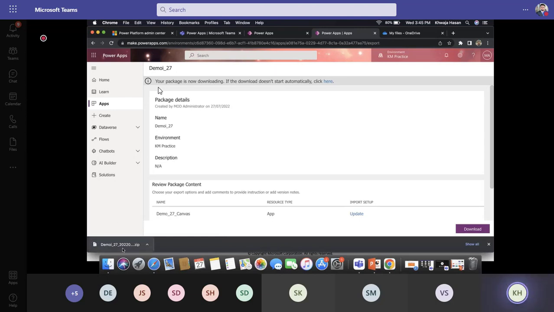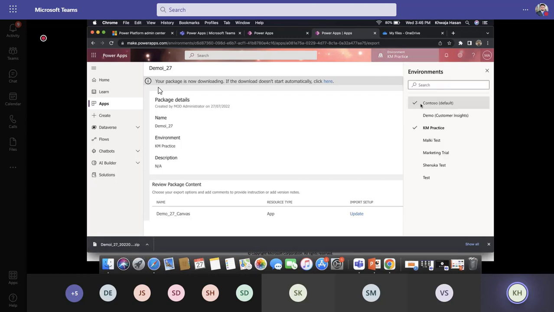So my demo app package has been created and I can use any environment to publish, to install this